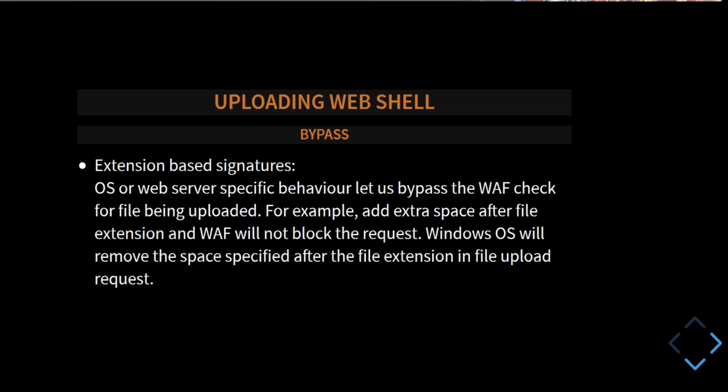Once we have uploaded a file with an extra space in it, Windows will actually remove the space from the file extension and save it. Once we have uploaded the file, we have bypassed the WAF and we have the web shell uploaded successfully on the server. We can access it.